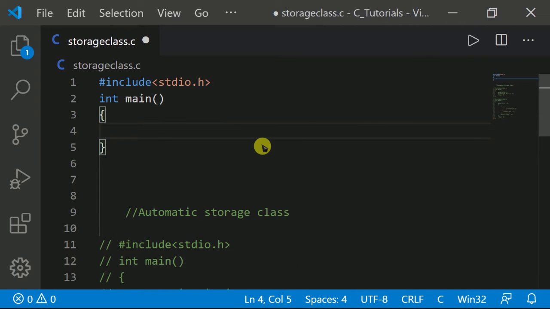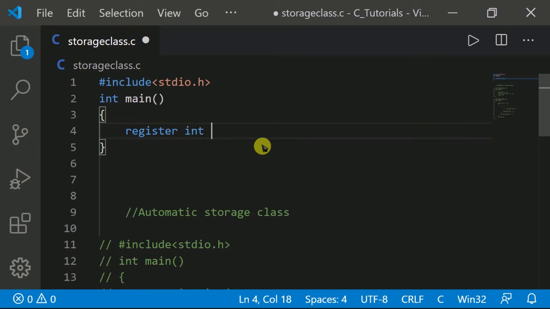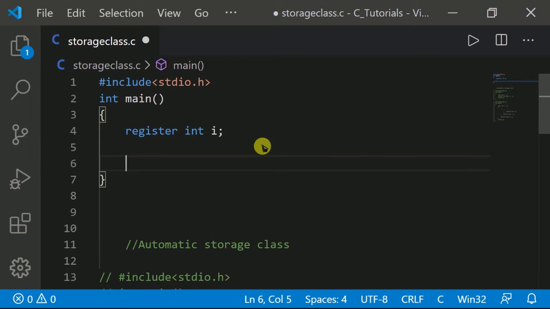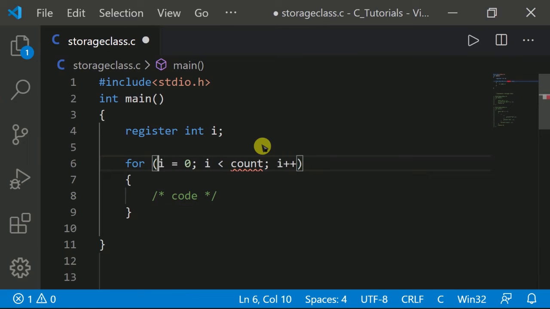Now I'm going to use the register storage class with int i. After that I will start a for loop, with i equal to 1, and the condition that it should be less than or equal to 10.